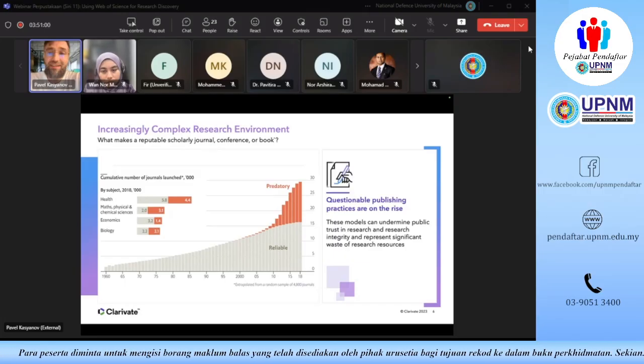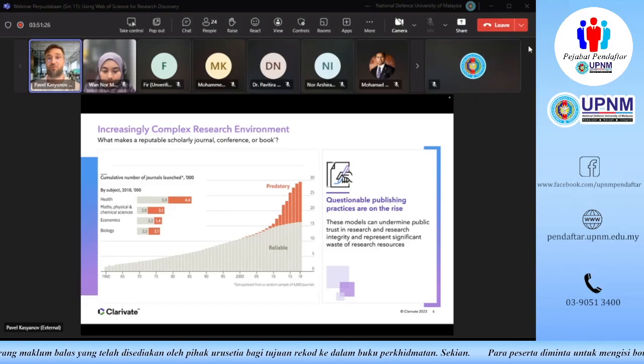And obviously, that means that they can completely remove, or maybe simplify to the simplest formalities, the process of double-blind peer review. For example, make it not double-blind, make it not even a peer review of the scholarly articles that you're submitting to them. And in the end, this really degrades the quality of the scholarly content that these journals are publishing, and this really poses a huge problem for research integrity.